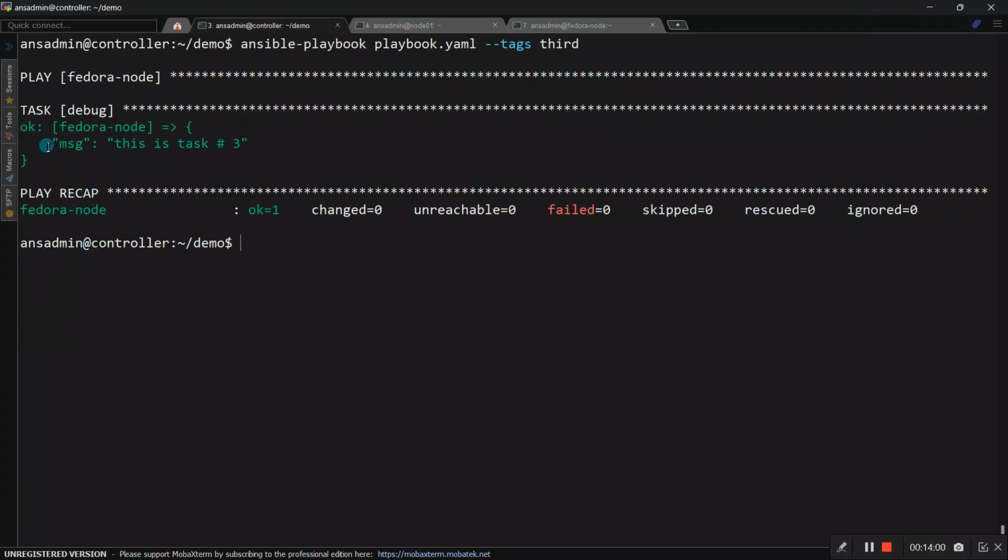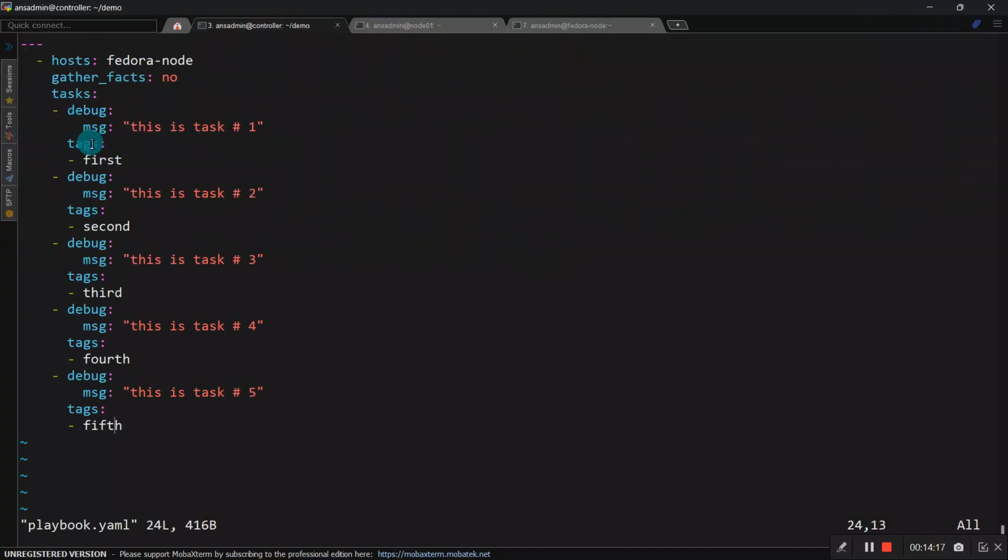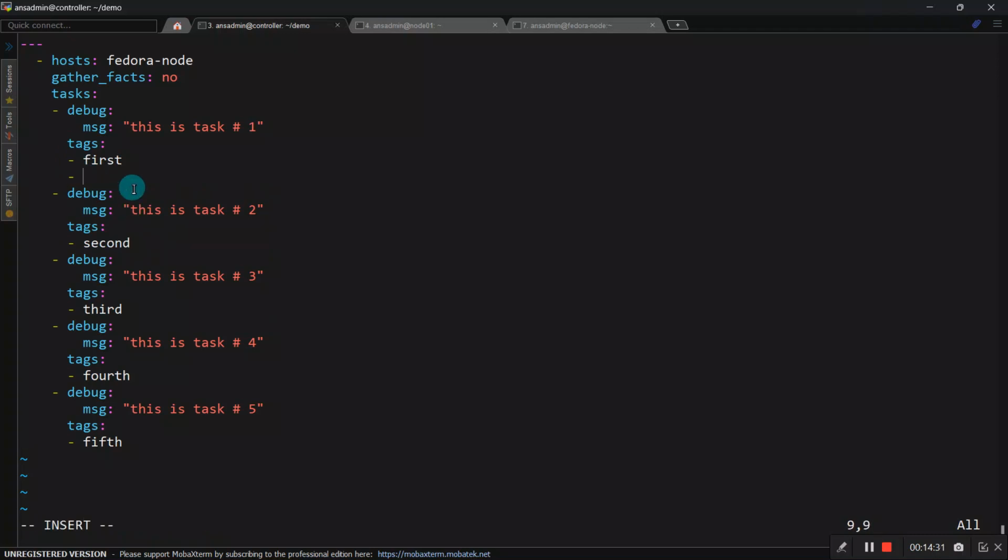So you can say this is the third one which got executed successfully. So this is how you can selectively execute a task with the help of tags. Okay, if you want to execute the first and second task always in common, means every time, you can just specify something different as well, like let's say first and second, means you can just have the common